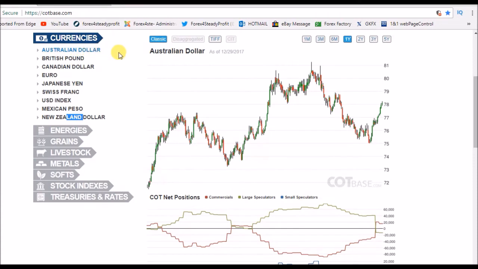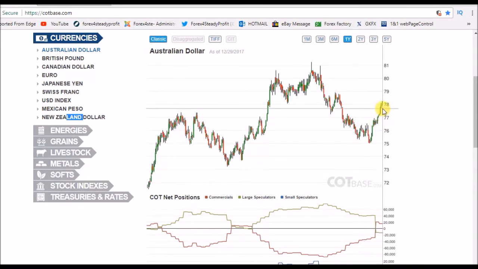It's the 31st of December, and we've got the Commitment of Traders report. The Australian dollar we'll start with, and as you can see at this period here, it's fairly difficult to see, but just here, this is when the Australian dollar started to move sharply upwards, and this is when the commercials dumped a load of their shorts, and now we've gone up, and we've started to take a more bearish position,